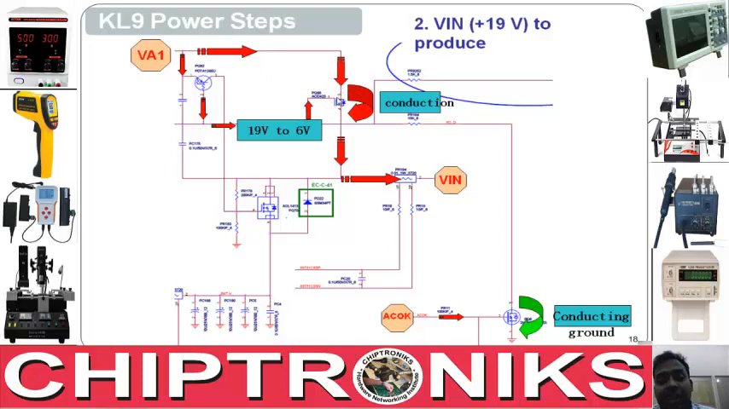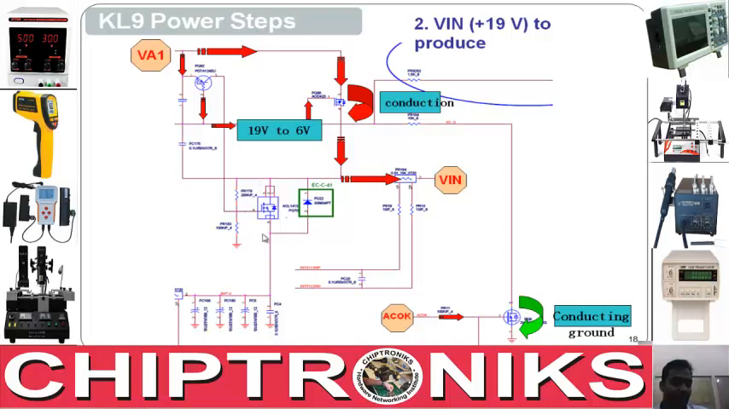Now this is a P channel MOSFET. For a P channel MOSFET, VGS has to be negative. So voltage at gate is 6 volt, and voltage at source is 19 volt. So this is negative. So this MOSFET will turn on, and this Vin is reached over here. But this MOSFET